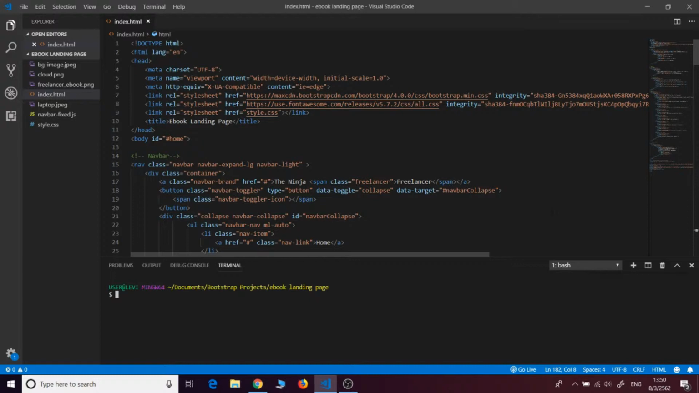So in the latest project that we did, which is the ebook landing page, as you can see here in the code, we want to push this to GitHub so that you can look at the code and you can copy it and make it a reference. To do that, you just go to